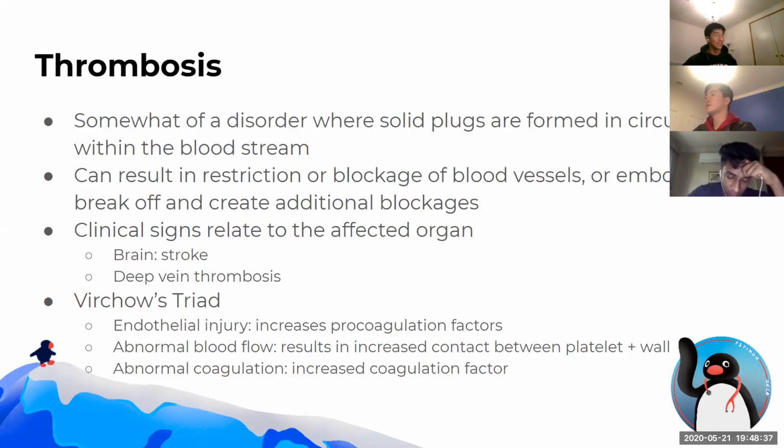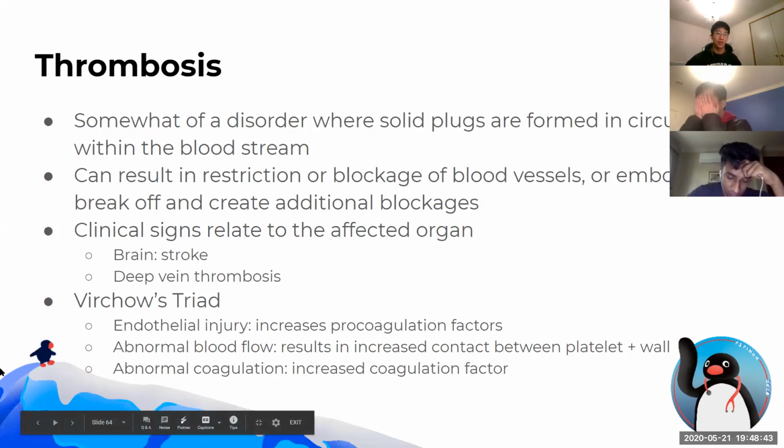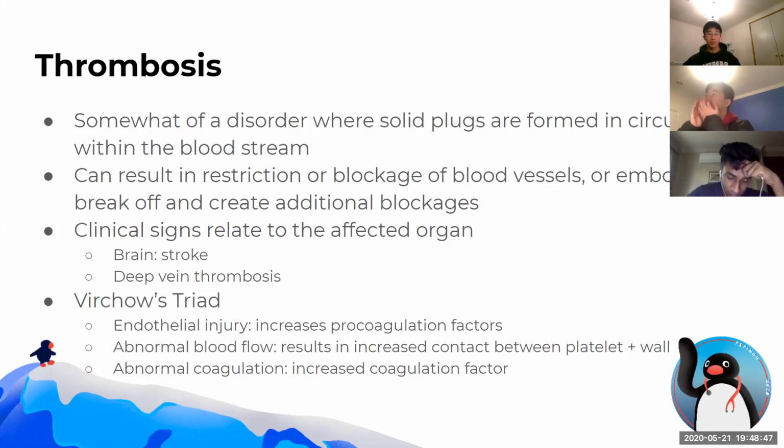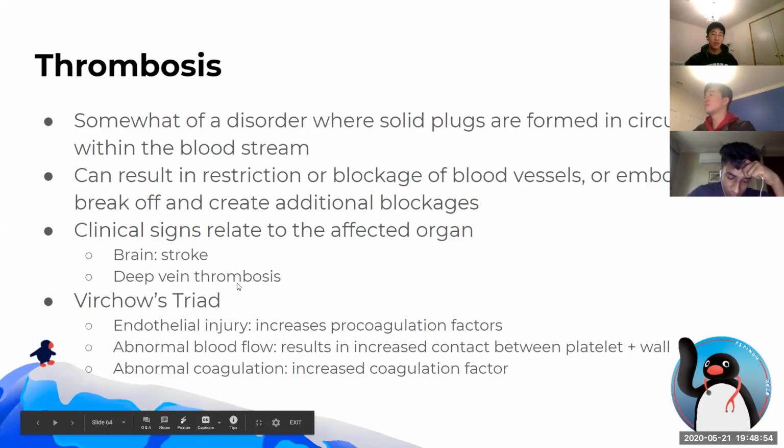The prime example that I think a lot of people know is a stroke. During a stroke, you block the blood supply to the brain, and in doing so, your brain is not going to get the necessary blood supply, and you're going to lose a lot of function there. Another one is deep vein thrombosis, like when you're on a plane for too long and you lose blood supply to your leg. And we have an important triad called Virchow's triad,